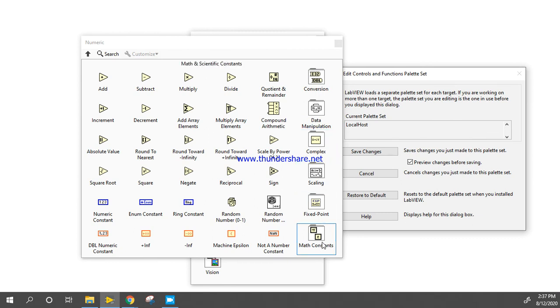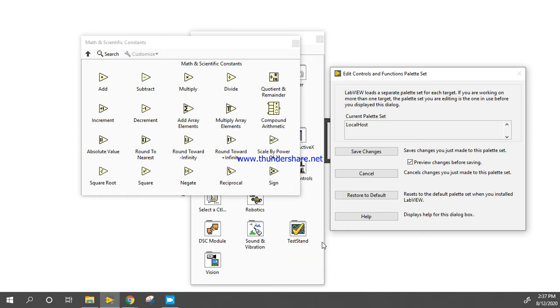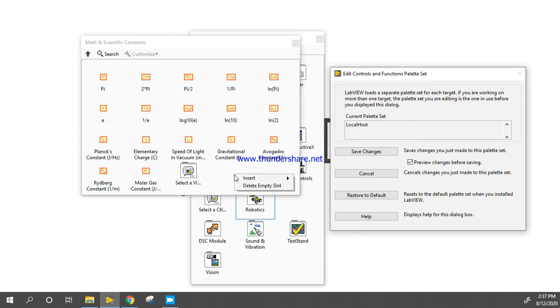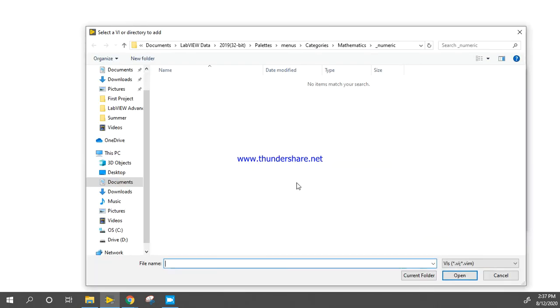So take this math constant palette, right click here and click on select the VIs.